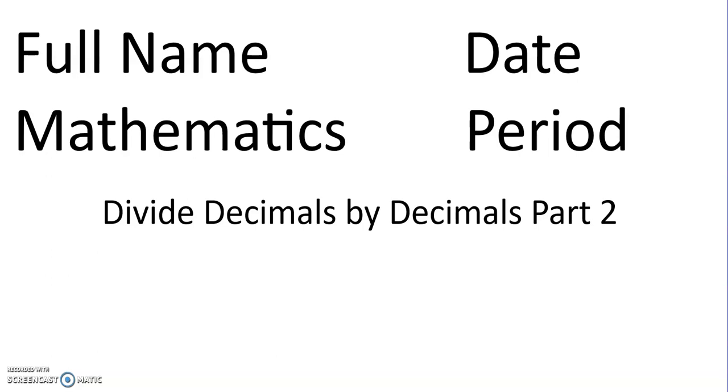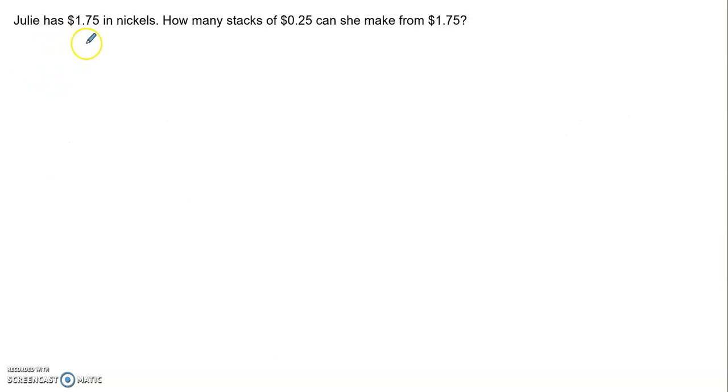So let's go straight to an example. Here we have Julie has 1 and 75 hundredths in nickels. Because this has a dollar sign, we say $1.75 because of that money sign. How many stacks of 25 cents, or 25 hundredths, can she make from the 1 and 75 hundredths, or the $1.75? So again, we're going to start off by creating our house,